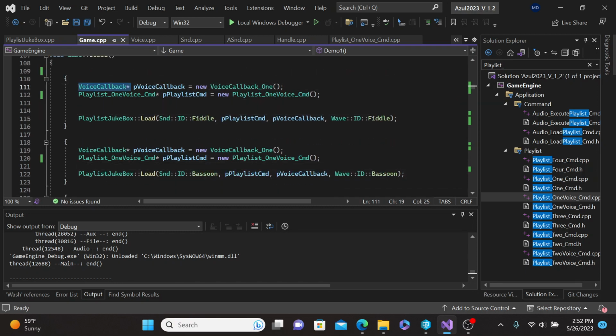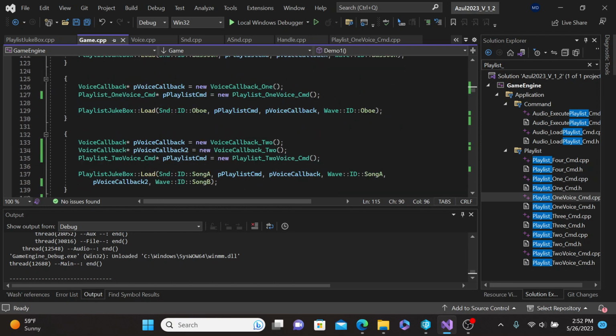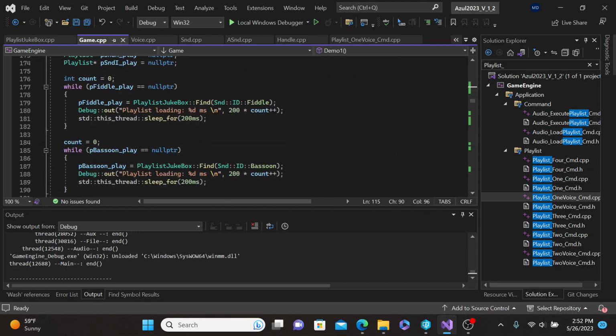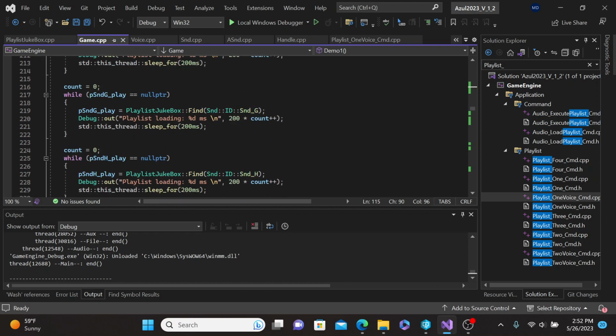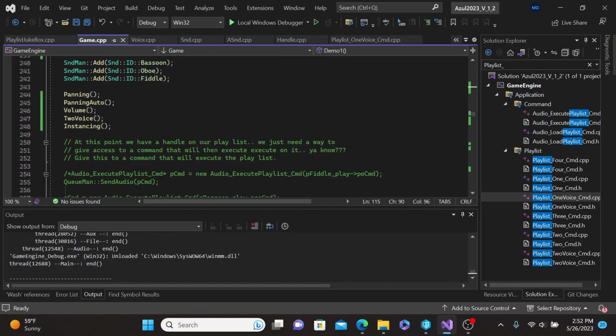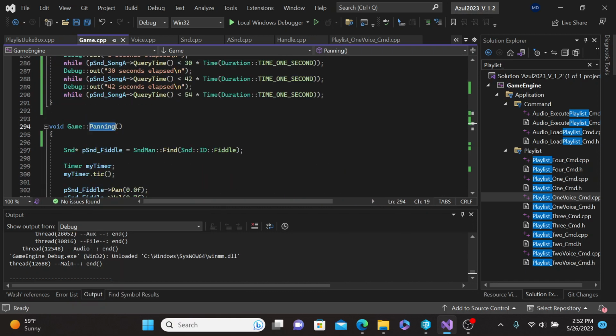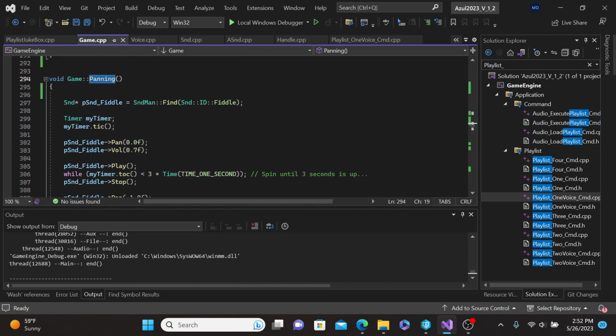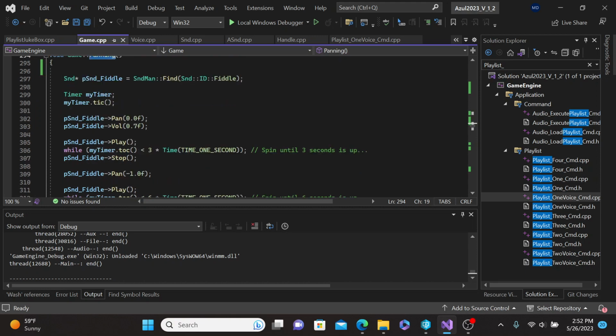So these all playlist jukebox load sends a command over to create the playlist on the audio side, and get all that set up over there. So we need to wait for that to happen. So we just spin until all the playlists are made and we can find them. Then we initialize our sound objects that we use to control our A sounds that are on the audio side. So we can control A sounds using sound on the game side that'll push commands over to the audio side. Right now I'm just using a Zool timer,